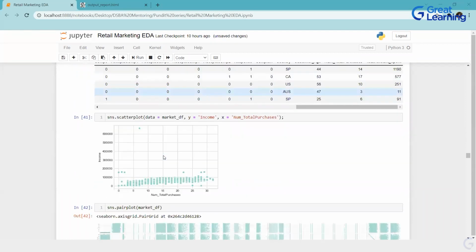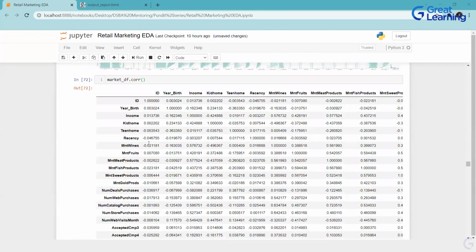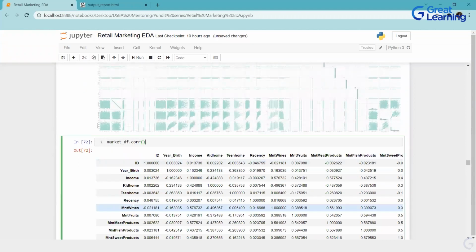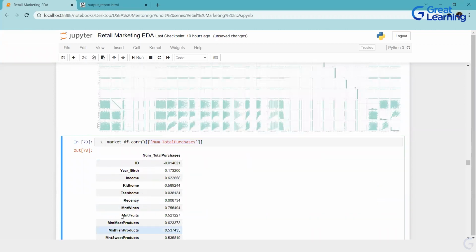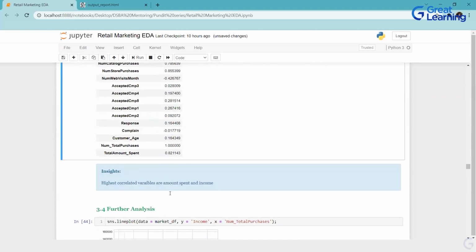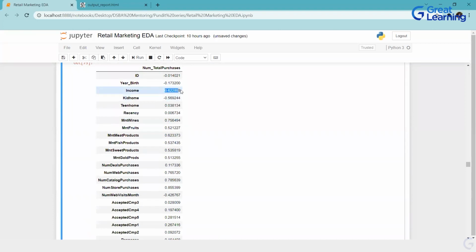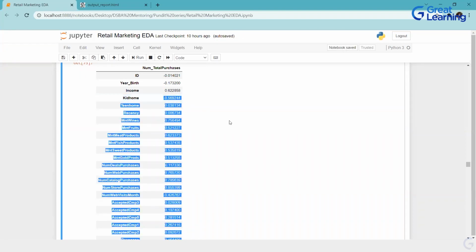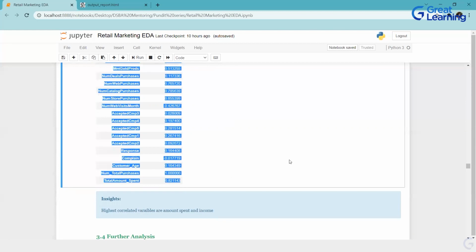Yeah, so if you see, this is telling you the complete correlation, right? Now, I want the correlation of all these columns only with my value, that is total purchase. That's what you are seeing, different correlation. Now, what I did is, if you see over here, this variable is highly correlated with amount spent, this one, and income. And it is negatively correlated, almost on the verge of moderate and high correlation, with kids at home, right? So that means number of dependents, something like that.